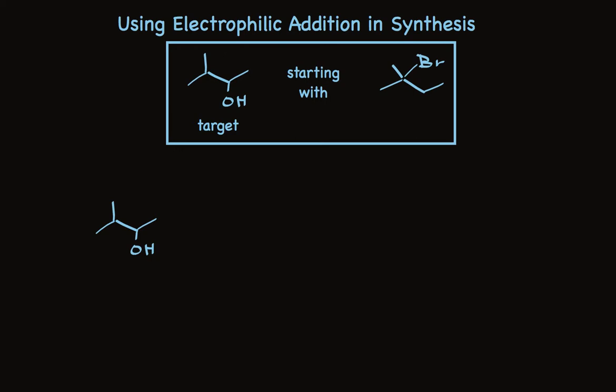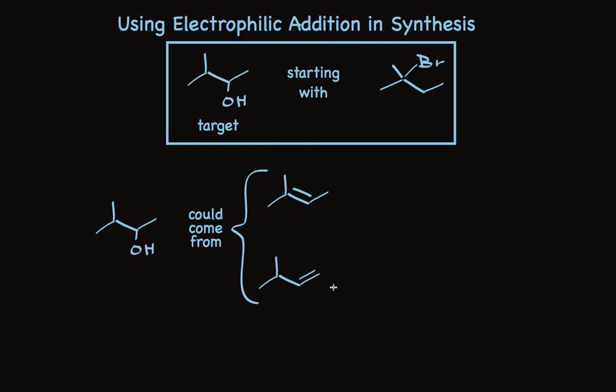Well, we know that alcohols can be made from alkenes by adding water. So this alcohol could come from the alkene I've shown here. We'd be adding hydrogen to the more substituted carbon, and hydroxyl to the less substituted carbon. Alternatively, a second precursor is possible, this alkene, where we have the double bond at the end. Again, we can accomplish regioselective addition of water, so the hydroxyl group can end up on the secondary carbon